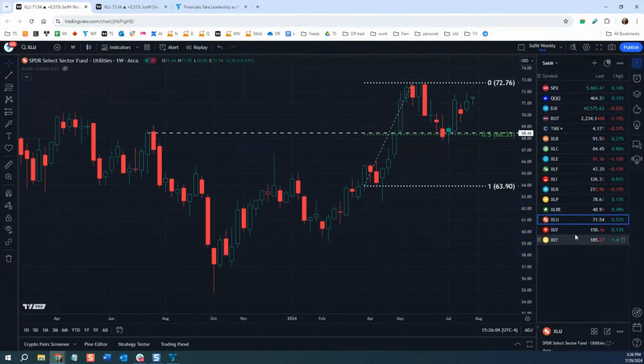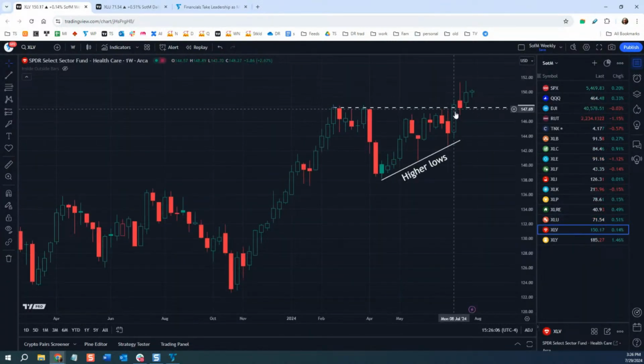XLV healthcare, another weekly record close there, and then basically chops a little and continues. From my perspective here, the thing about healthcare is that it is a major blue chip industry, and as people look to shift away, if they are saying, hey, I need to lighten up on my tech exposure, healthcare is one of those kind of obvious sectors.